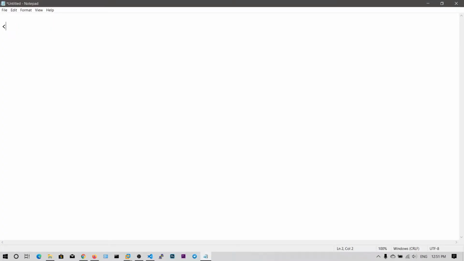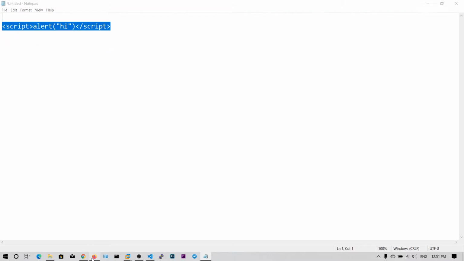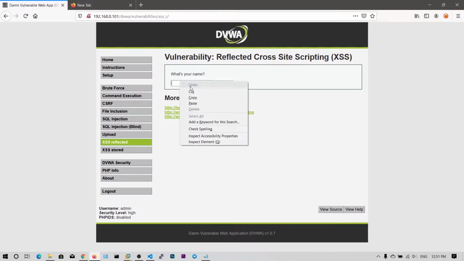Let me write the sample JavaScript to get the alert, to make sure that there is access. So alert of hi. Let me copy this and paste it in here.